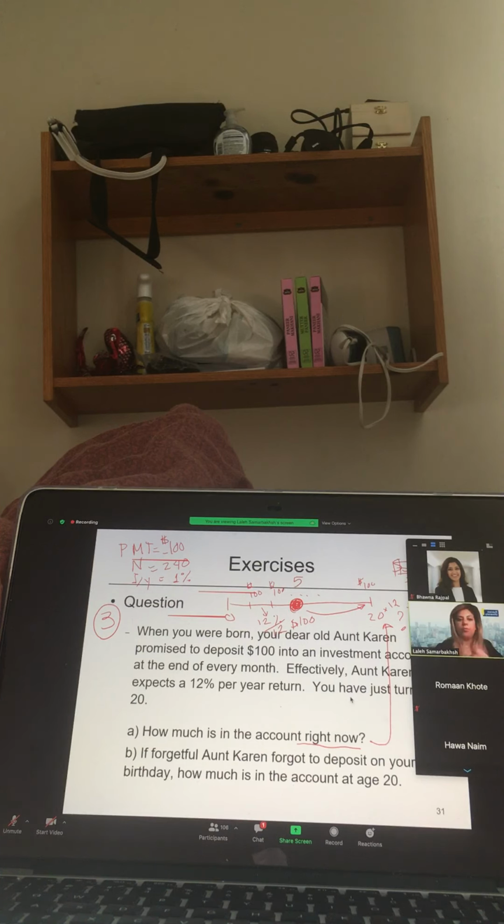And then there's no present value. You are going to solve for FV for me. Can you find that FV? How much is that future value? I believe the answer is 98,926. That's the most popular answer I'm getting.